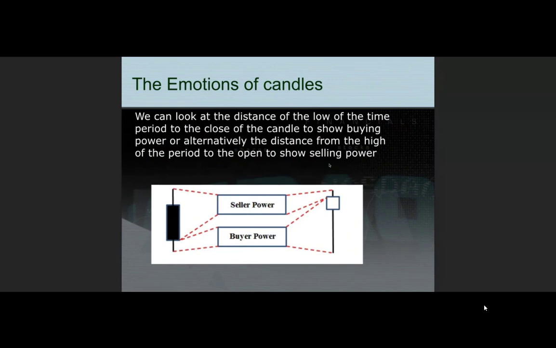Once again, I'm such a firm believer in the value that you can get from looking at a chart like this, specifically over line charts. And why? Well, we can gain so much information in terms of how the buyer or seller on the other side feels, and us as a group, right? So we can look at the distance of the low of the time period to the close of the candle to show buying power, or alternatively, the distance from the high of the period to the open to show selling power. Right? And now, as we look at this filled candle,